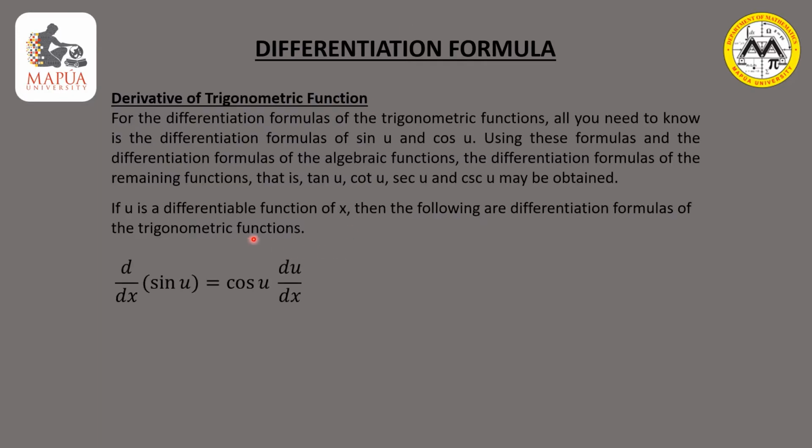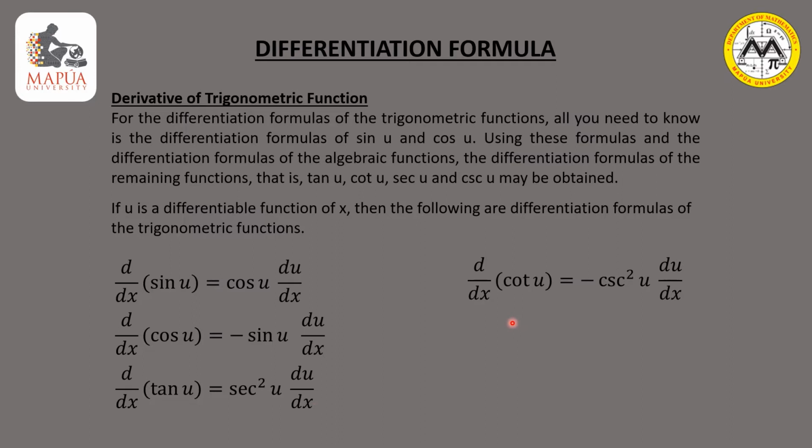If we have u a function of x, then the derivative of sine u with respect to x is equal to cosine u du dx. And the derivative of cosine u with respect to x is given by negative sine u du dx. Now for tangent of u, the derivative with respect to x is secant squared u du dx, and when we are to differentiate cotangent of u with respect to x, we will have for its derivative negative cosecant squared